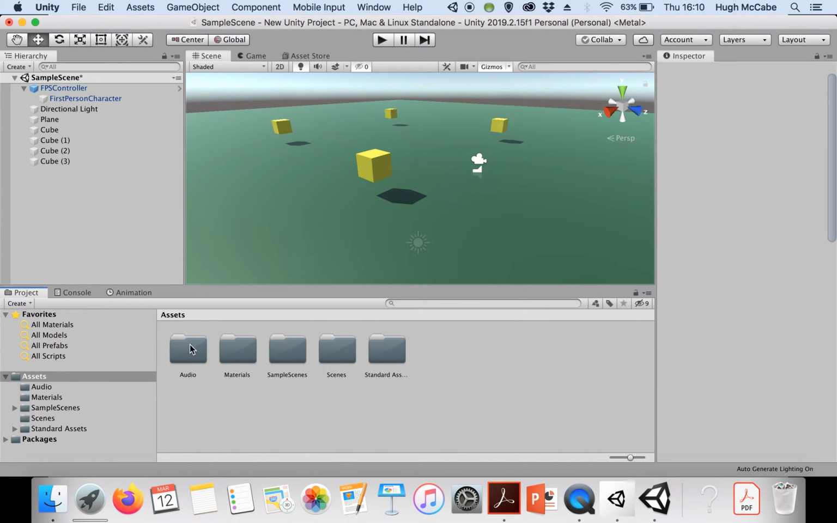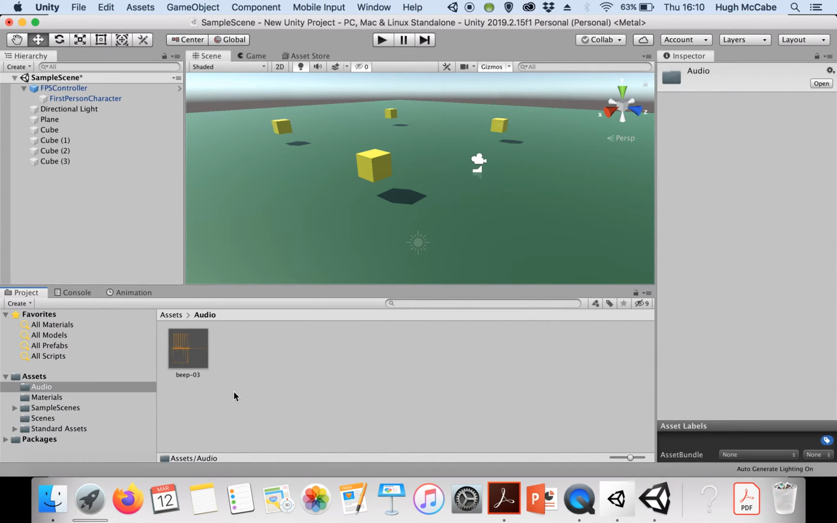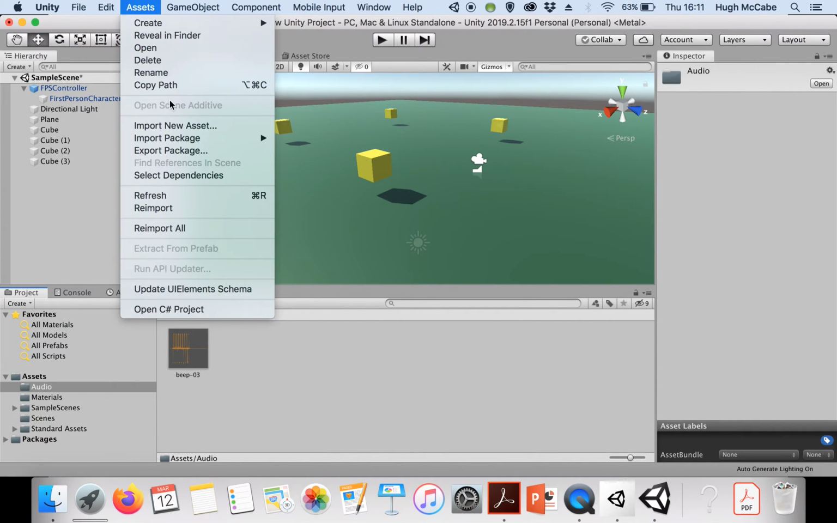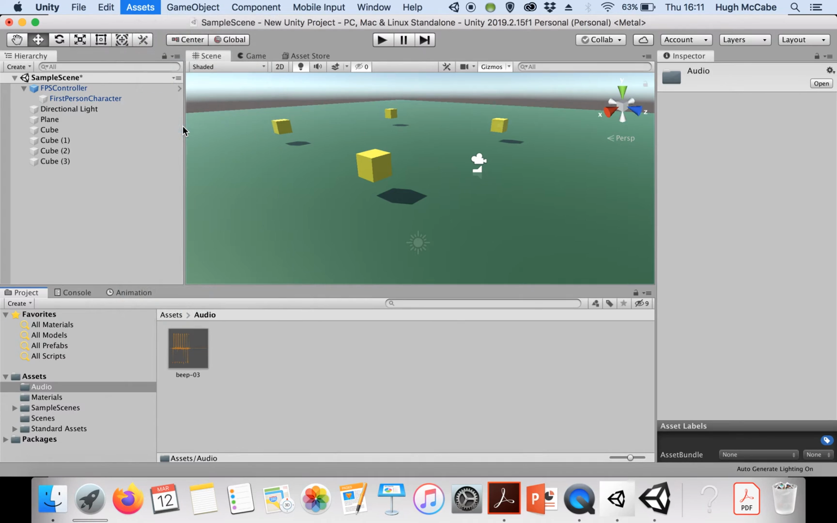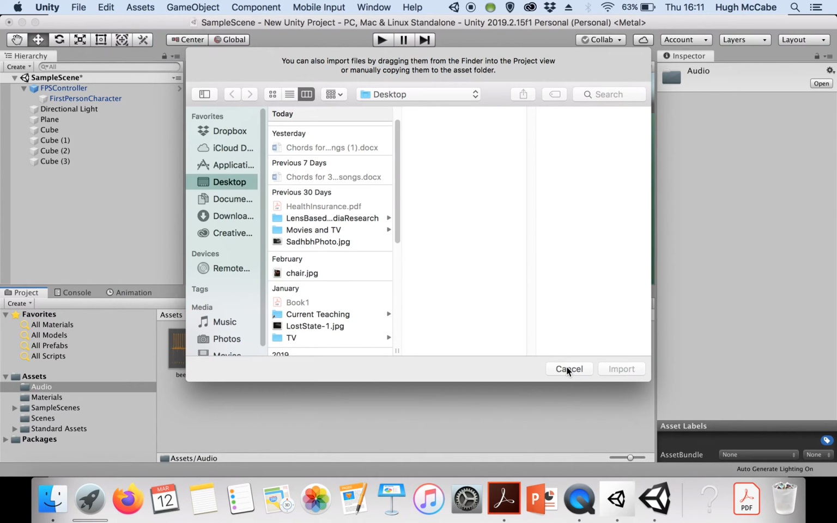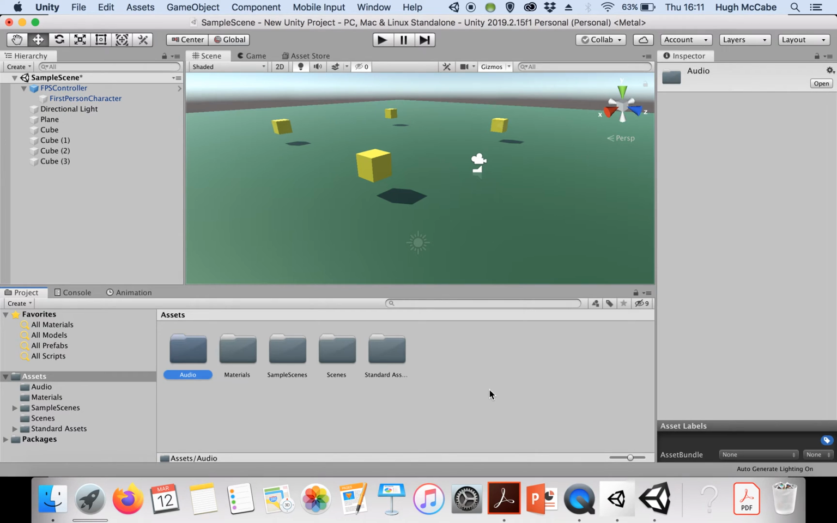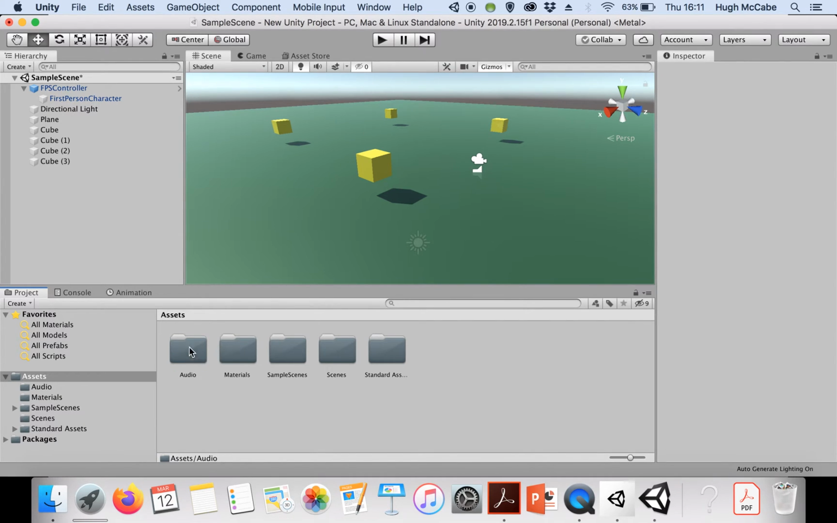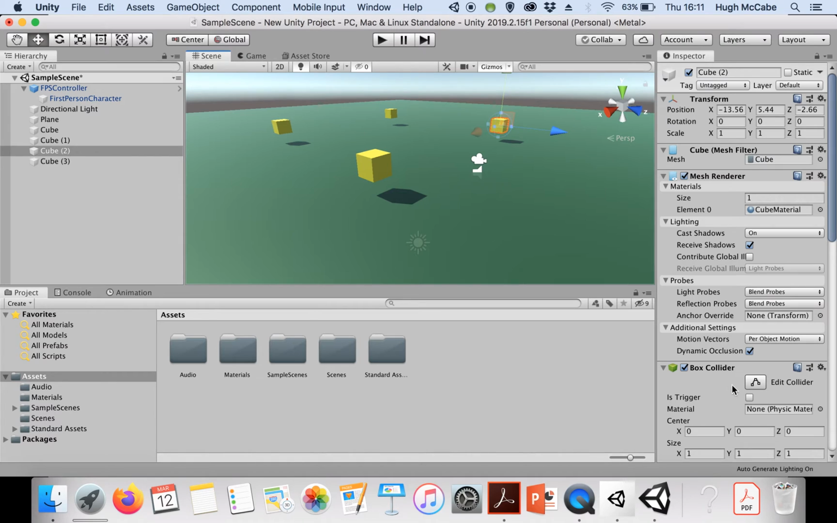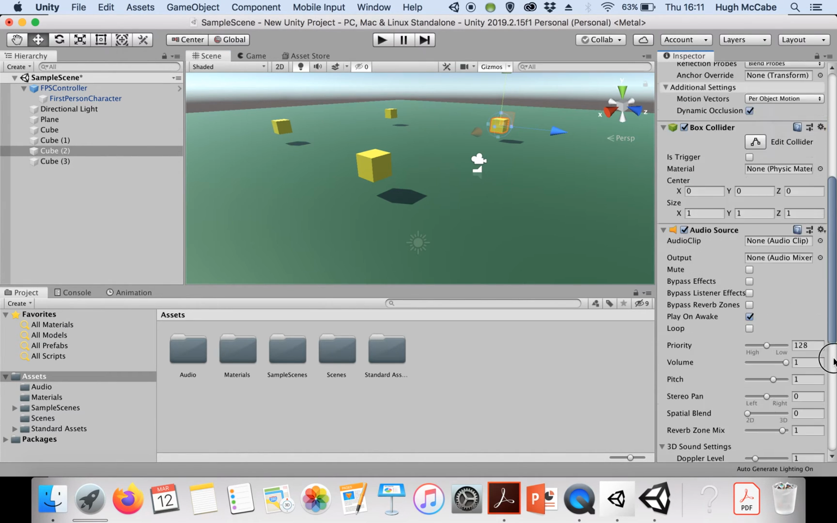So I've created a folder called audio here, and within that I have an asset here which is called beep03. This is just an MP3 file that I grabbed from somewhere, and I would have imported it by saying import new asset and then locating the file wherever it is on my disk. Okay, so let's assume you've found an audio file that you want to use. Then to go back to my audio source component associated with the cube,